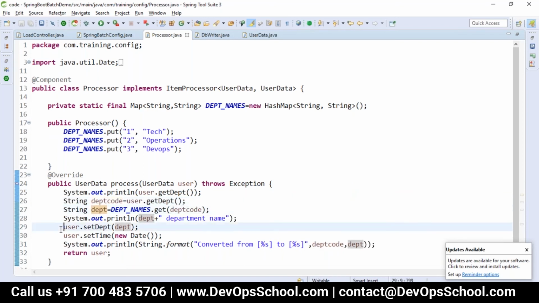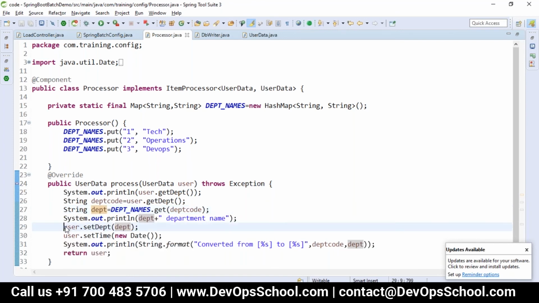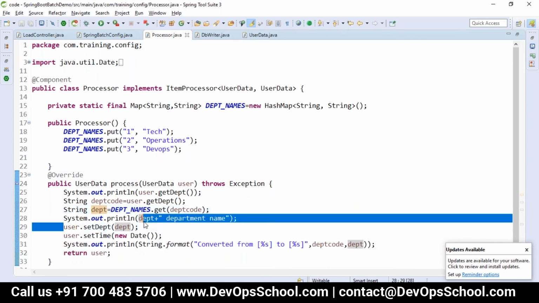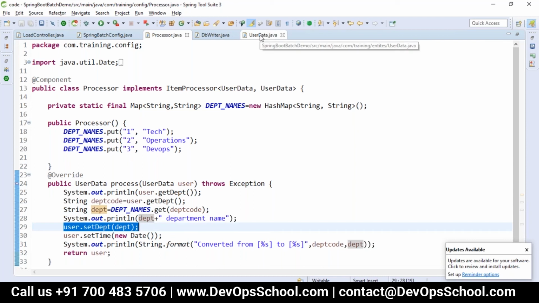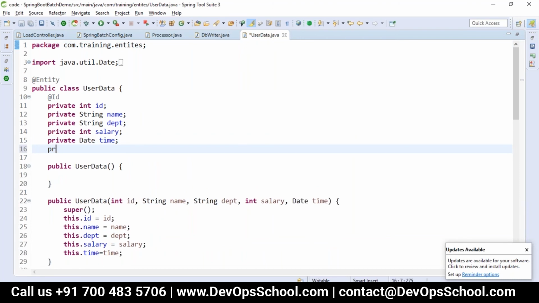So that department I'm setting with user.setDepartment, instead of the department code. Then apart from this, we need one more property, which should be a name, so you can take it here: private String jname.